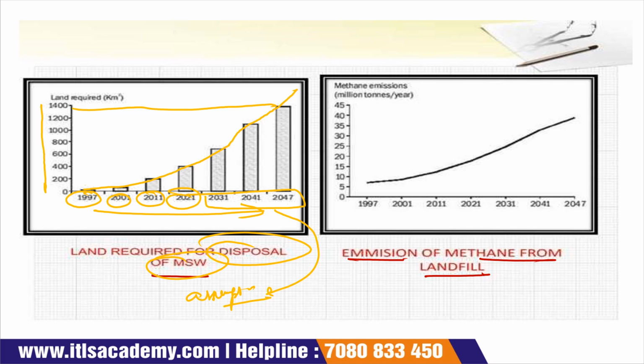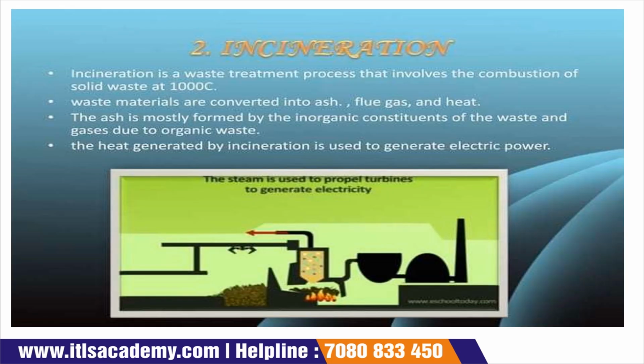Here again, this is the methane emission in million ton per year, and here it is the year. You can also see that when the years increase, the emission of the methane will also increase. Now the next is